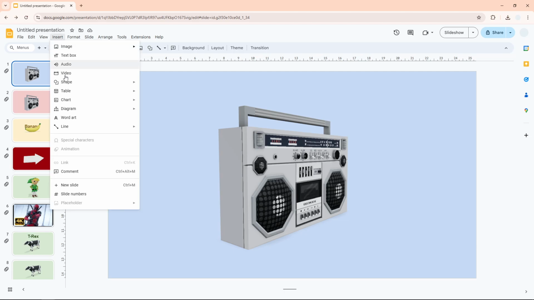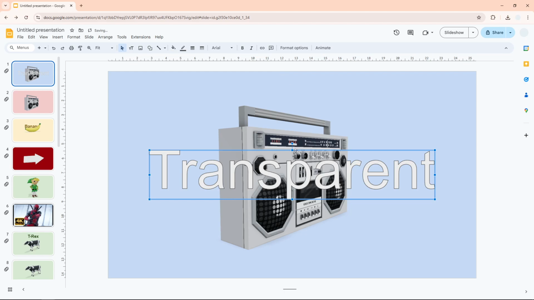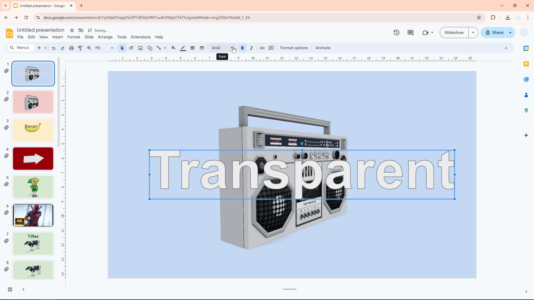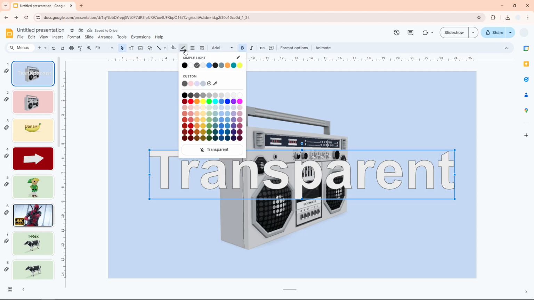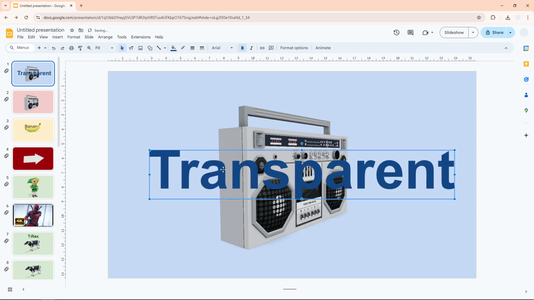Let's go to insert, click word art, and then here you can type any text that you want. Let me type transparent and press enter. Now we have this text. Before I apply the transparency setting for this text, I want to change the weight of the text. And also I want to remove the border, and I want to apply this blue color for